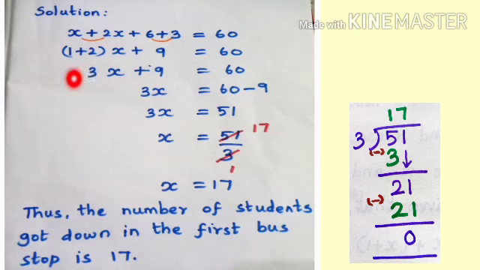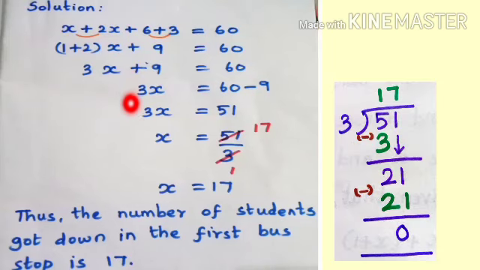So in the next line we have to separate like terms and constants alone. So here x plus 2x plus 6 plus 3 is equal to 60. Now adding the coefficients alone, we get 1 plus 2 x plus 6 plus 3 is 9, is equal to 60. 1 plus 2 is 3. 3x plus 9 is equal to 60 is the required algebraic equation. Now again, by using the transposition method, we have to solve for x.